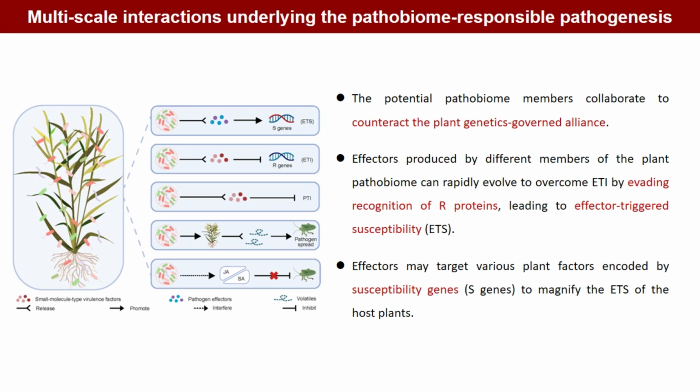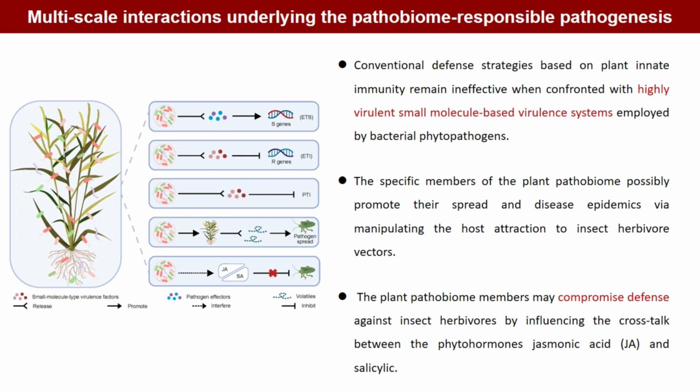In addition to intramicrobiome interaction, the pathobiome-mediated interaction is omnipresent at multiple scales. The potential pathobiome members collaborate to counteract the plant genetics-governed alliance. For example, effectors produced by different members of the plant pathobiome can rapidly evolve to overcome ETI by evading recognition of R proteins, leading to effector-triggered susceptibility, and these effectors may target various plant factors encoded by susceptibility genes to magnify the ETS